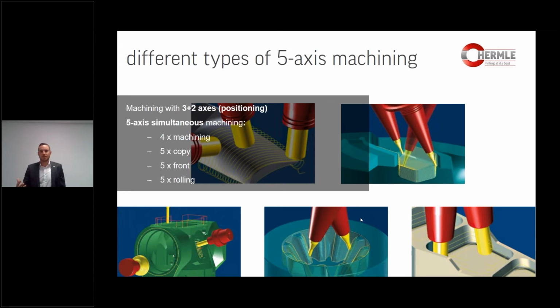And then there are also different types of 5-axis machining. Again, one is the full potential of a machine, and this is a full 5-axis simultaneous operation. At the same time, even if you have a 5-axis machine, we only want to move as little, only the axes that are really required. Because if we can achieve a surface with only 3 axes, with 4-side machining, copy milling, roller cuts, all these are different types of 5-axis manufacturing, and therefore